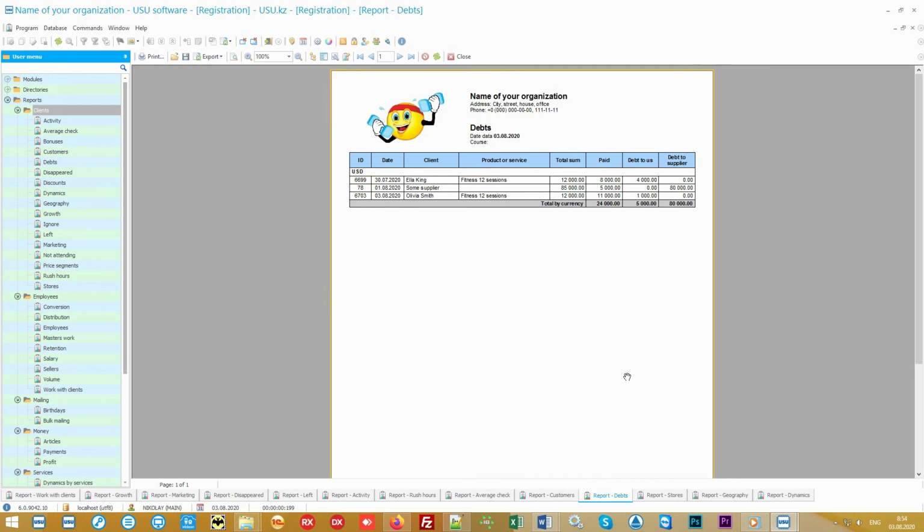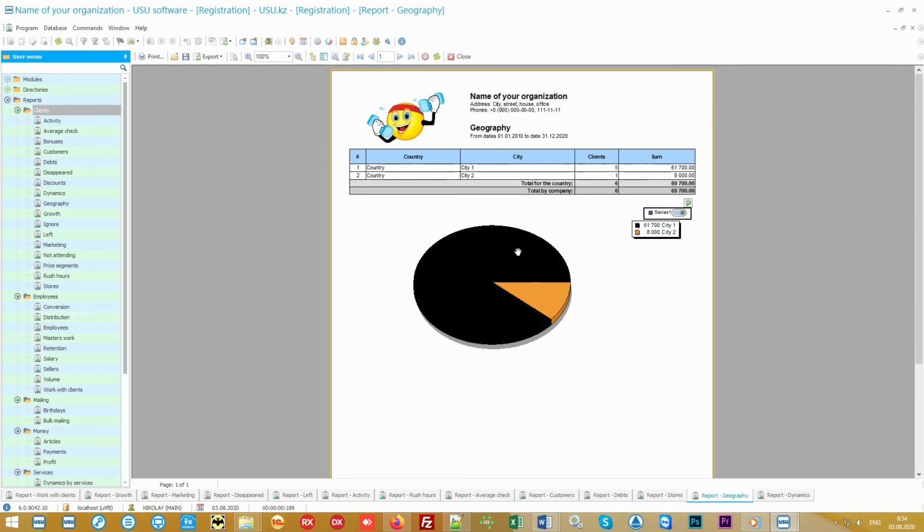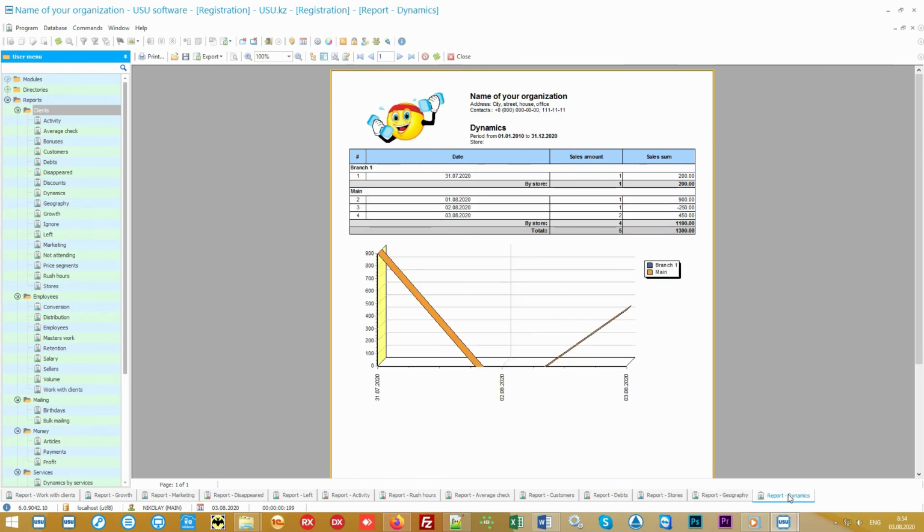This is very convenient. All customers who have not made the payment are collected in one place. If you have a network of branches, you will be able to analyze both by branch and by city to see where exactly you get the most income. For each branch, it will be possible to look not only at a comparative description with other departments, but also analyze the dynamics of its development over time.